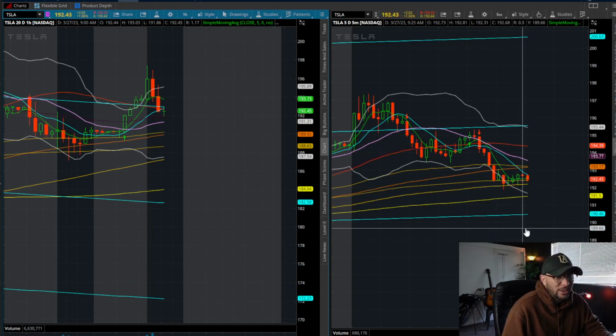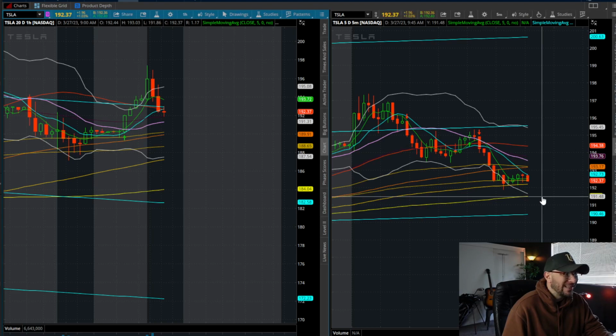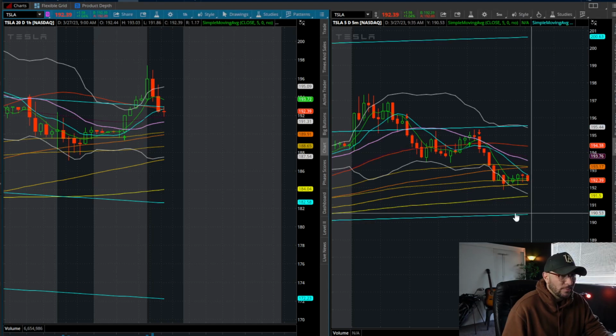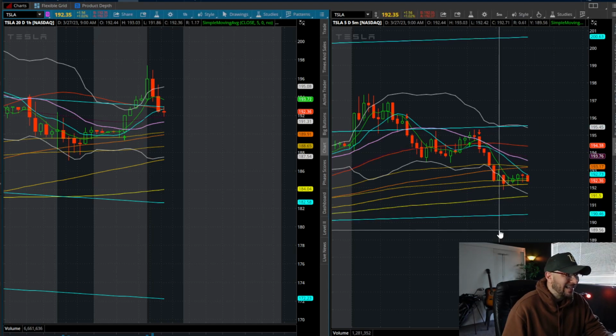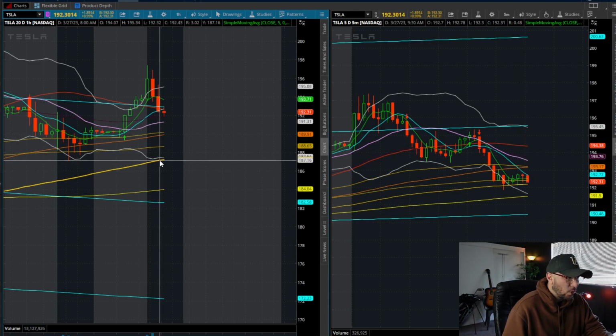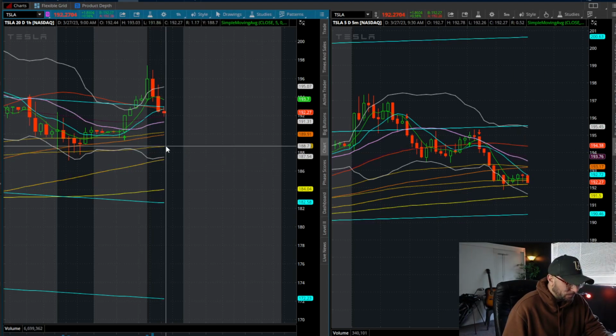So what we would really be looking for here is a loss of around 191.50 for all scalpers. 191.50 down into 190.40, so you've got about $1 of room there. Any close below 190.46, we're looking for that to build. And then if we correlate that with the 1 hour time frame,